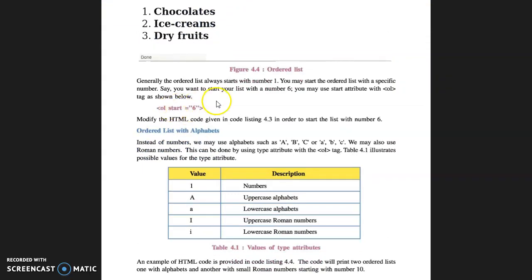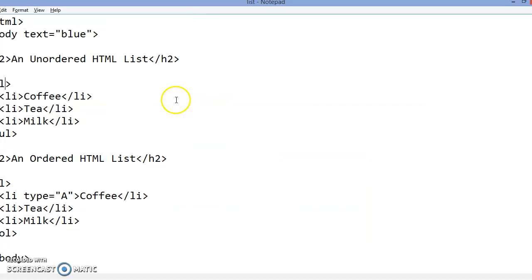OL start with 6. Suppose I write OL start equal to 1. See the output of this coding.